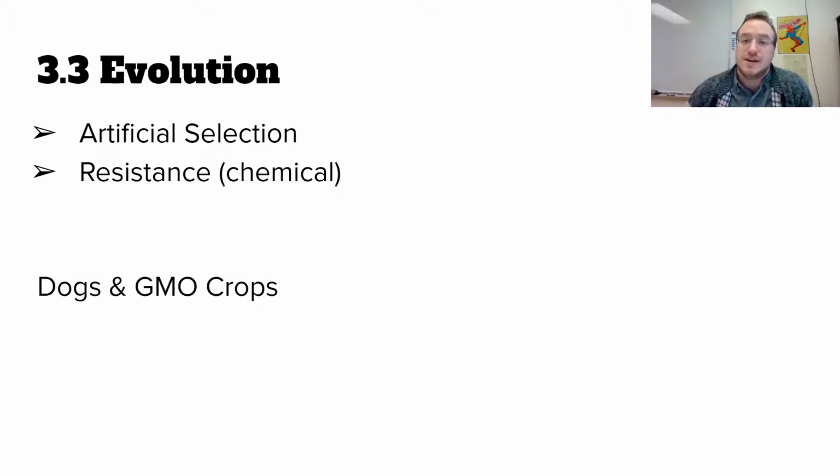We've got a bunch of different kinds of dogs. My dog looks different than a lot of other dogs. We've got pugs, we've got huskies, we've got German shepherds, all sorts of different dogs, right? Those all come from the common ancestor of a wolf. Most of them don't look like wolves, though, unless they're huskies or malamutes, which look a little bit more like a wolf than, say, a chihuahua, right? So these dogs have been bred for specific traits or to not have certain traits, and this is artificial selection.